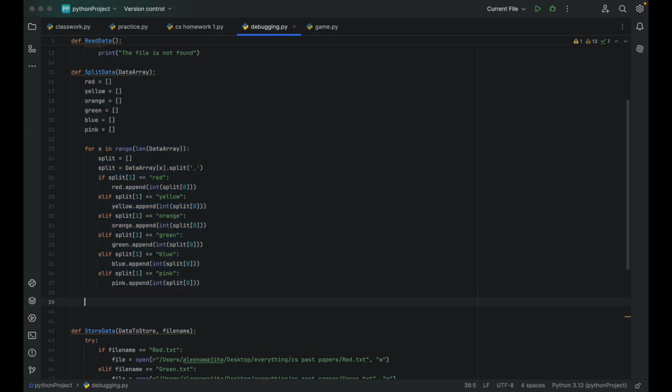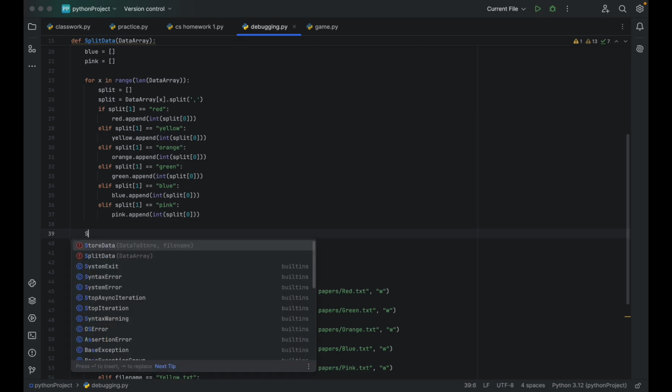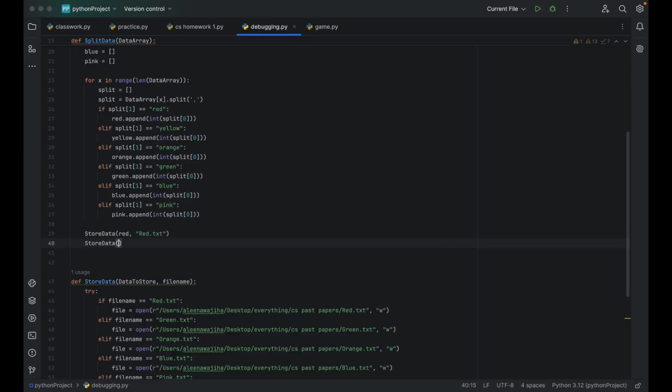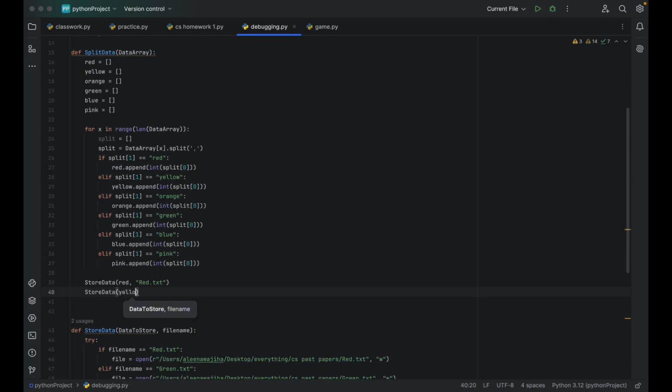अब हम लोग जब स्टोर डेटा को कॉल करेंगे तो वही नंबर्स जो हैं वो चले जाएंगे अपनी कलर फाइल्स में। So if we call store data, इसके अंदर मैं for example first time red वाली फाइल भेज रही हूँ and I'm going to send the file name which is red.txt, ताकि red वाली फाइल खुले यहाँ पे and then उसके अंदर सारे integers append हो जाएं। So I'm going to do this 6 times for all of the colors. So red के बाद yellow, orange, yellow. This is the array that I'm sending, and then